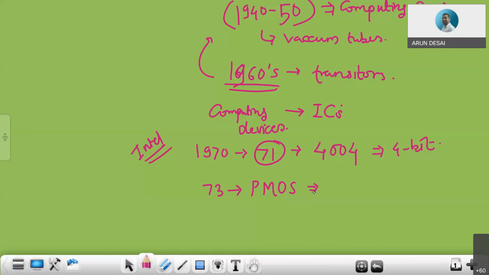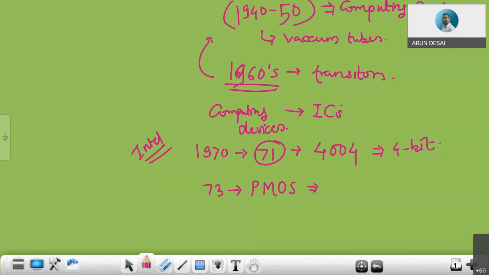So that is basically the 4004, a 4-bit processor. It is to be treated as the first processor, or first generation processor,